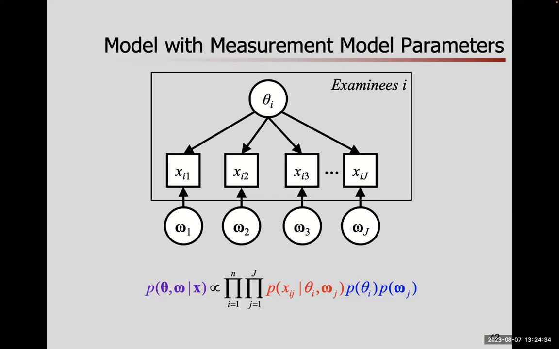So if we would like to have inferences about those parameters, okay, stick that in with Bayes inference. We get a posterior distribution for people, their constructs, or the latent variable of interest, as well as understanding the measures themselves in terms of the measurement model parameters. The same logic applies.